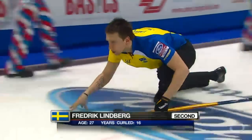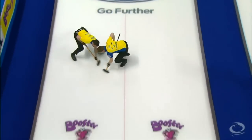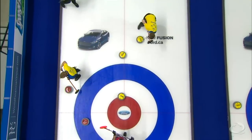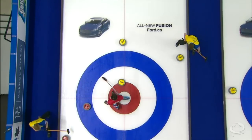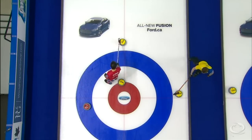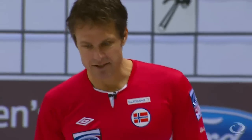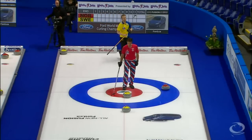Well, Frederick Lindberg tries to hit and roll off of this one. We'll just hit and roll out. Didn't want to get into a corner guard game. Interesting call to peel a guard early in this one. Yeah, especially with that rock in behind the tee line. He could have elected to draw, but